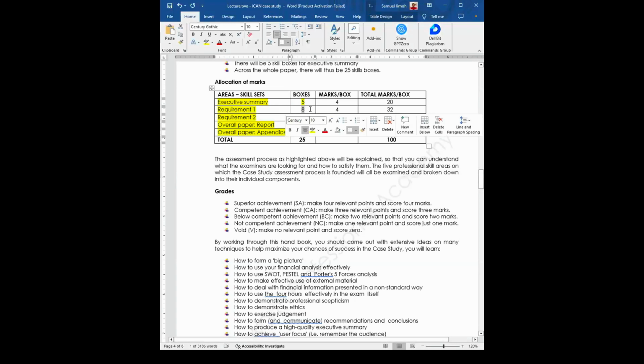And each report of each requirement is expected to have 8 skills. You're expected to demonstrate 8 skills under, say, section 1 for requirement 1. There are 8 things that you must demonstrate. For requirement 2, the same thing applies. There are 8 things that you must do. Then for the overall report,